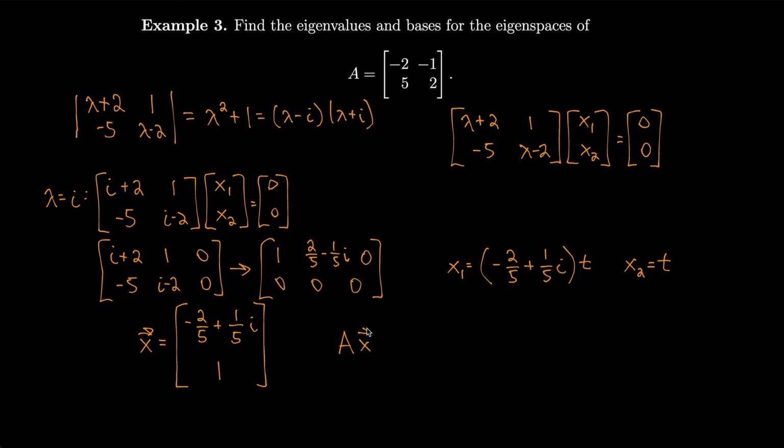So I'll take A times x, where A is -2, -1, 5, 2, and x, I'm going to take -2/5 plus 1/5 i, 1,